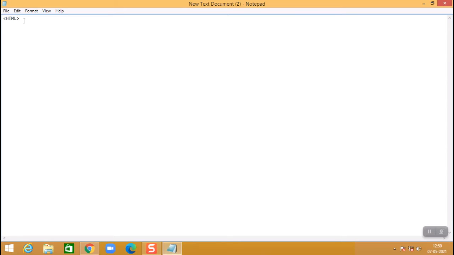If you don't write in caps, it may not be wrong. It is not necessary. You can also write in small letters, but my recommendation is you should use caps to write all the HTML code. If you are writing anything special in the body, then you can write in small letters. It is upon your choice.